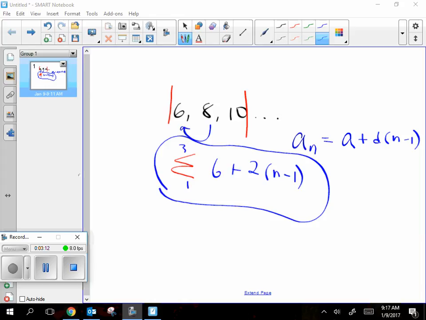Okay, yes? Could you distribute it? Oh, yes, you could multiply this thing out. 6 plus 2n minus 2, and then put those together and say 2n plus 4. That means the same thing. That's fine. I'm just trying to show you that you don't have to do that. So, all right. Next, what if it had been